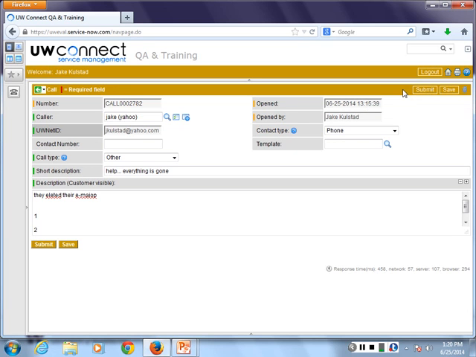And then the more generalizable take-home message here is that any of the buttons you see in the top right here are all going to save the record, commit all changes to the database. The only difference between all of those buttons is where you end up after you click on them. So as we go through the system, through requests and incidents, you're going to see other buttons in the top right. That's all you have to really remember. That make sense? Good.